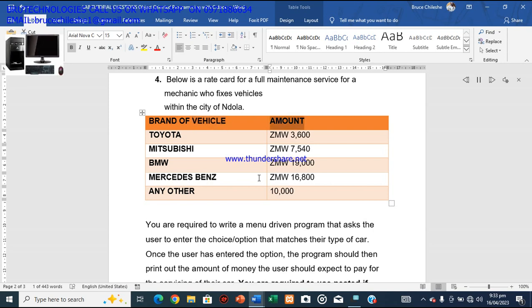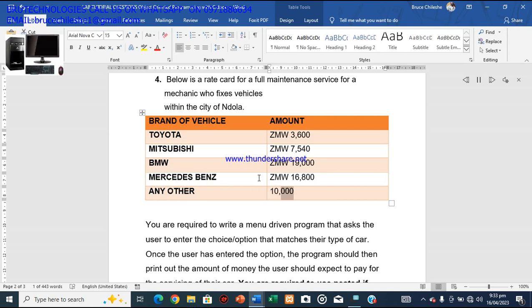Amount. Toyota ZMW 3,600. Mitsubishi ZMW 7,540. BMW ZMW 19,000. Mercedes-Benz ZMW 16,800. Any other